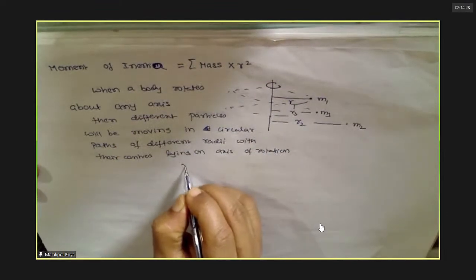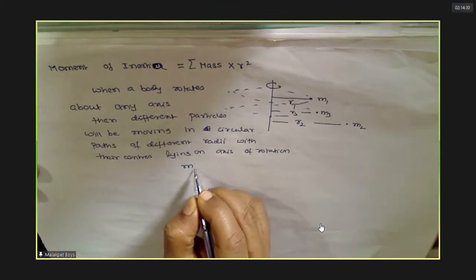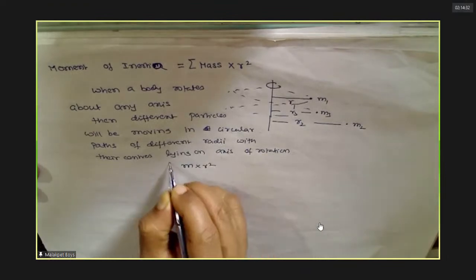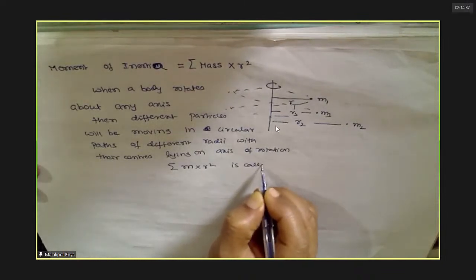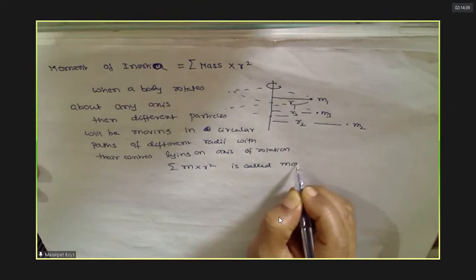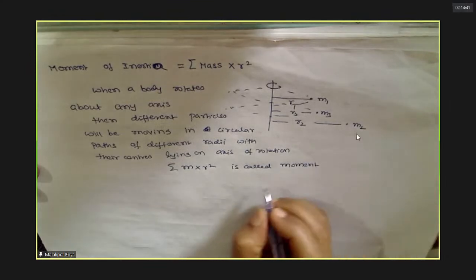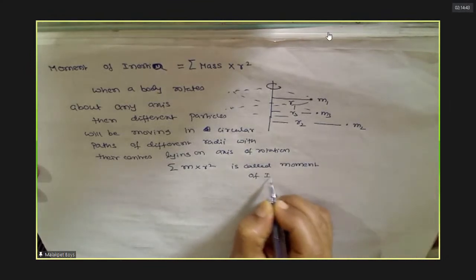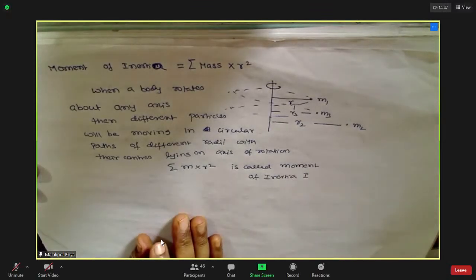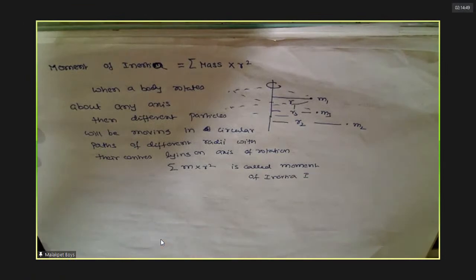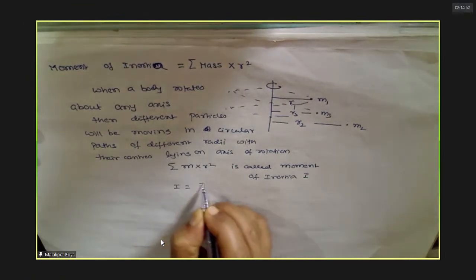So we multiply the mass of the particle into r square. The sum of this is called the moment of inertia. More about that we shall learn shortly in rigid body dynamics. Okay, now why we need this is, when r changes, what will happen? This is I equals,